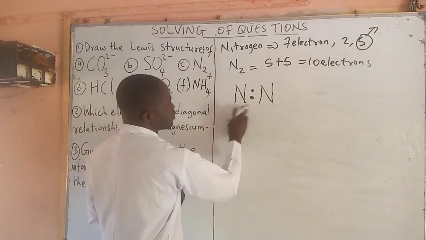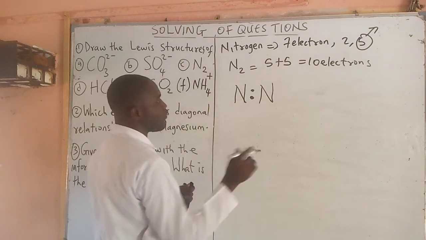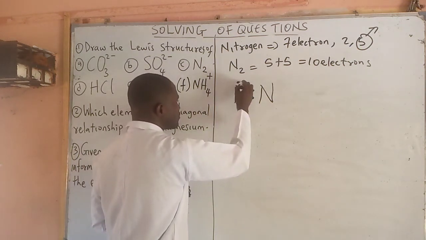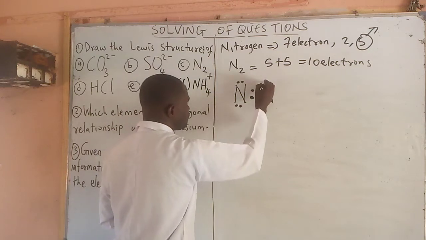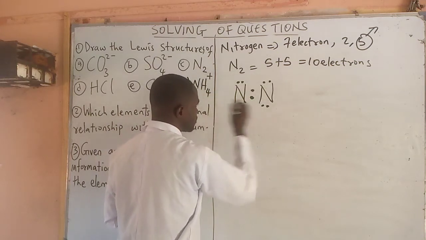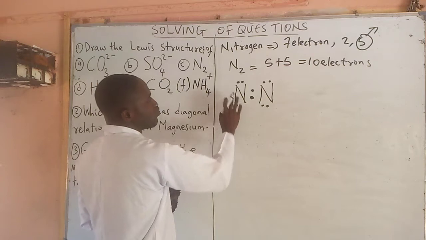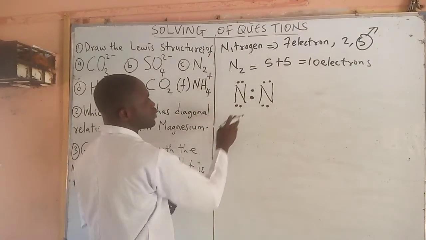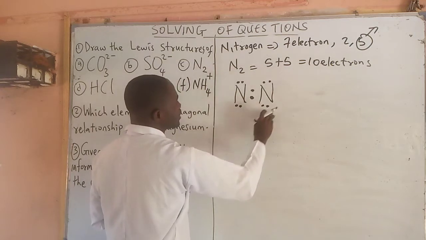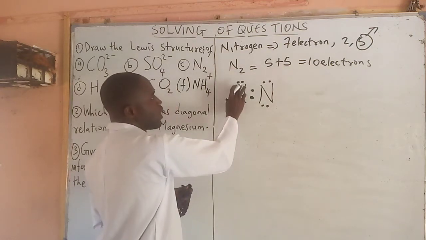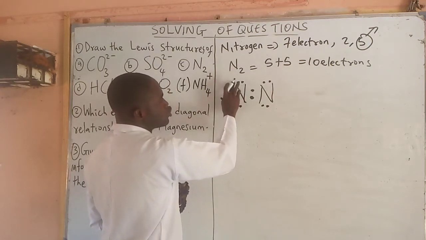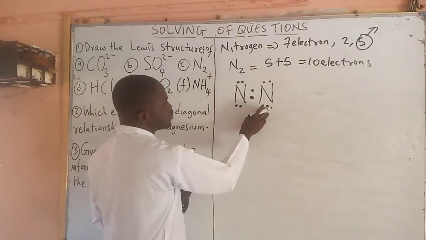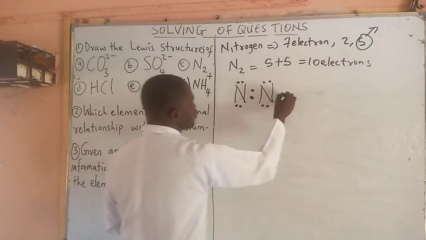Now we have two atoms. Divide that 8 by 2, 4. Put 4 here. Put 4 here. We have assigned the 10 electrons, but the question is, has it attained octet structure? No. This one will release 2 of its electrons. This one will release 2 of its electrons to give us